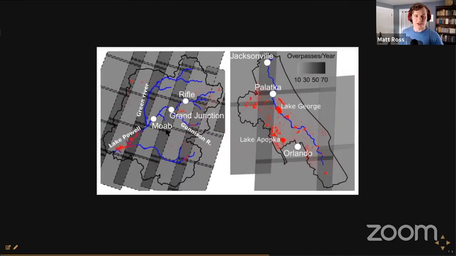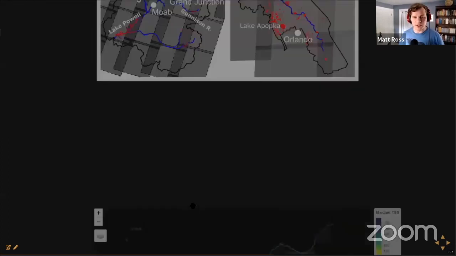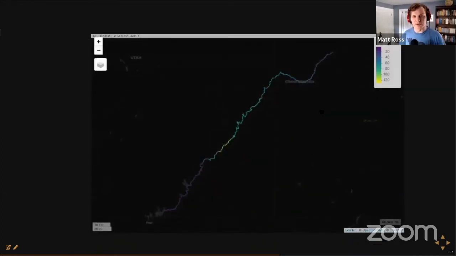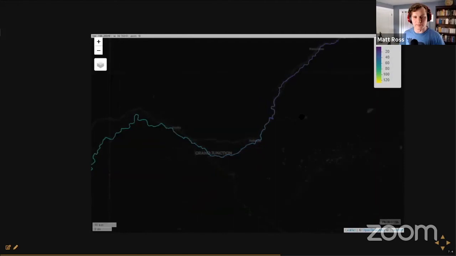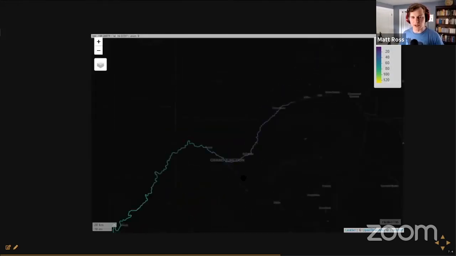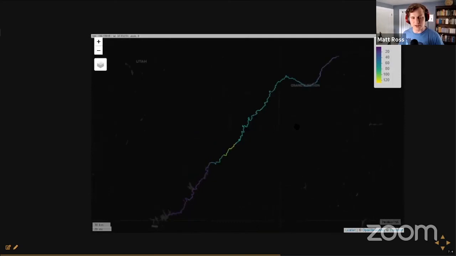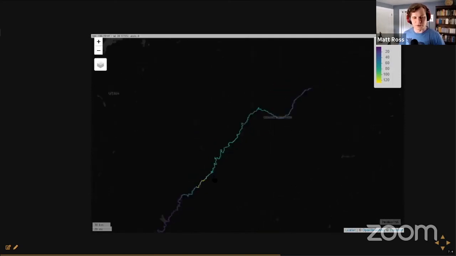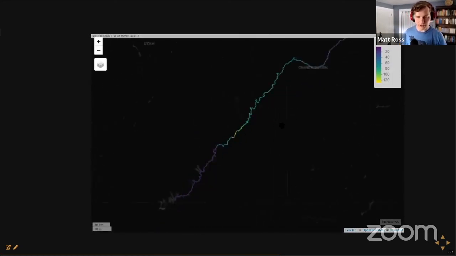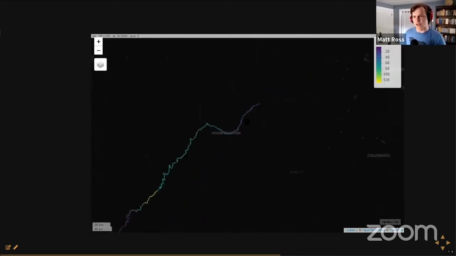And so we'll sort of just zoom back in on these two watersheds. This is the Colorado River. And actually, I'm just going to focus on the Colorado River. And this is where I applied some of John's sediment models. And we can do really cool stuff with these models. So this is just a map of the Colorado River that is in one Landsat tile. And so you get about 200 kilometers of continuous observation from Grand Junction to Lake Powell. And we can see just average TSS here.